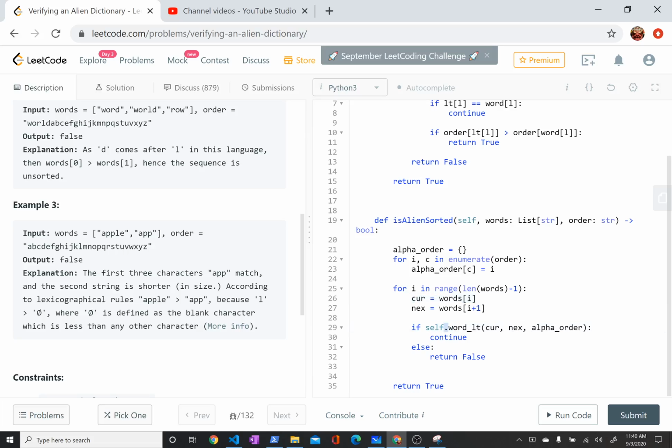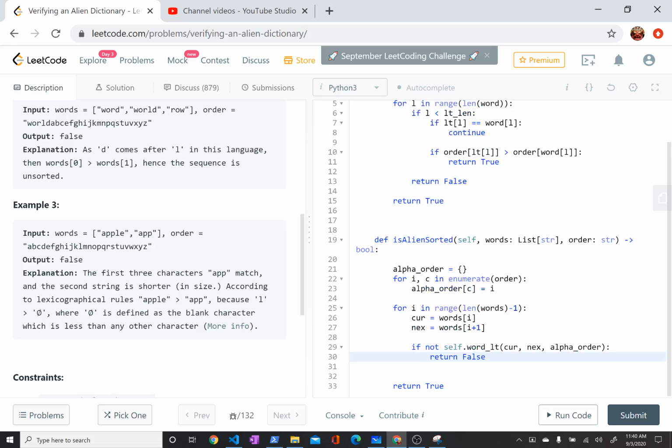So the next thing in my loop says, if the word is less than, then we're going to continue. So if current is less than or equal to next, we're going to continue, and otherwise we're going to return false. Another way to write that would be: if it's not true, then we return false. And maybe that's a bit simpler. And if we've made all of these comparisons and we never hit the return false condition, then we're in order